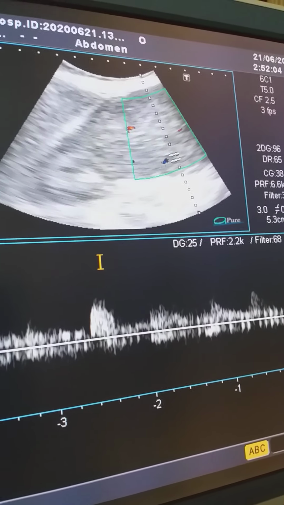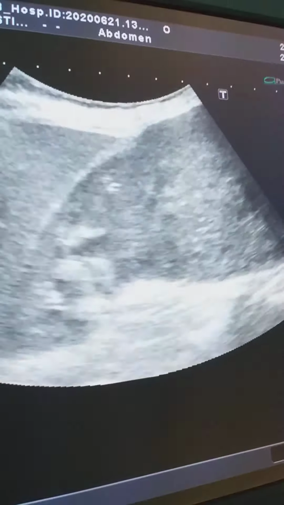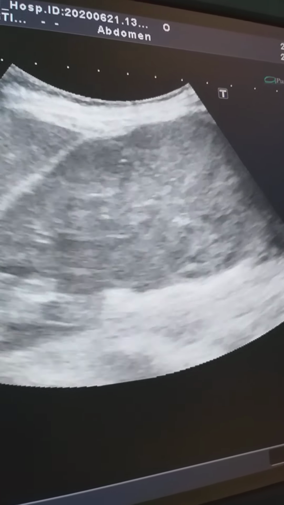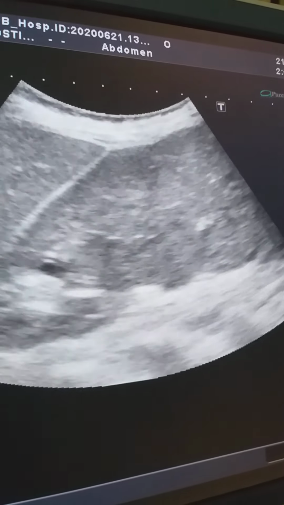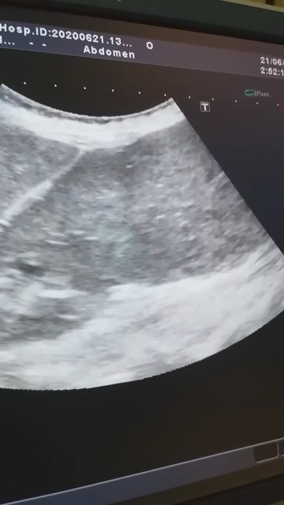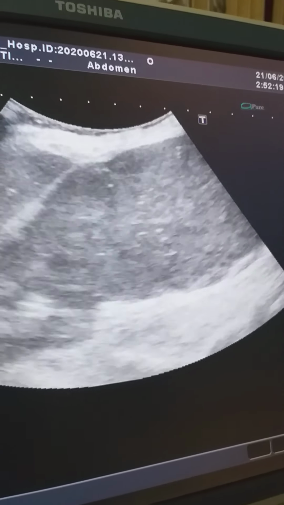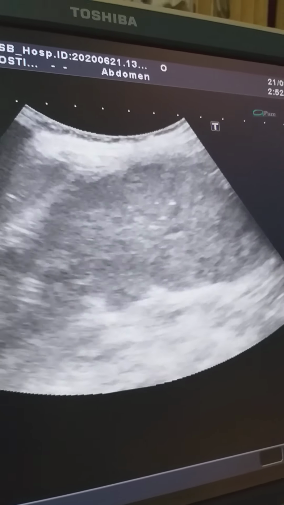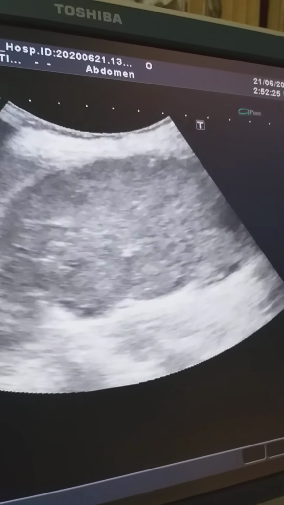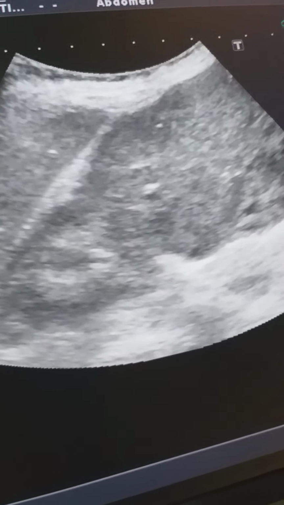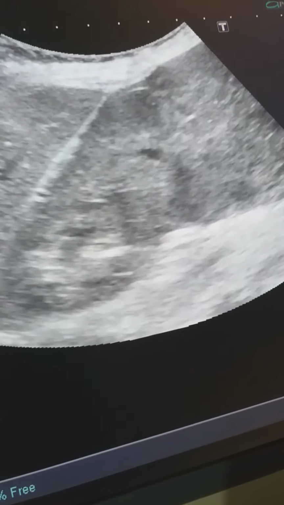So this is the typical renal cell carcinoma. Patient may present with hematuria, and so we go for the renal scan mostly to see the urinary bladder, right and left kidney. So this is the appearance of the kidney and mass,